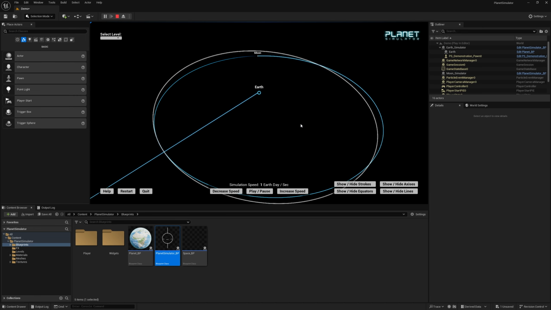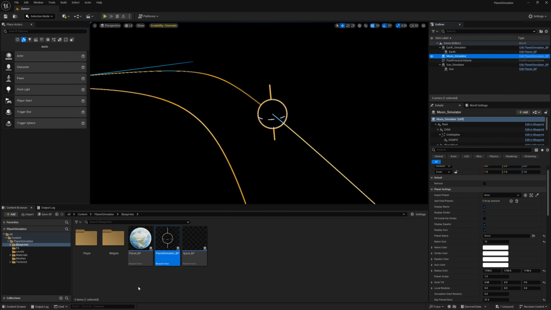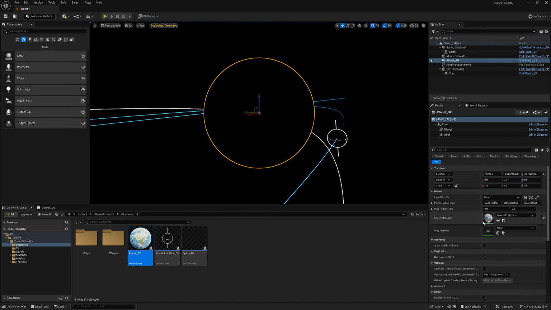As you can see, while the moon orbits the Earth also orbits the sun. Now let's import a planet blueprint for the moon.